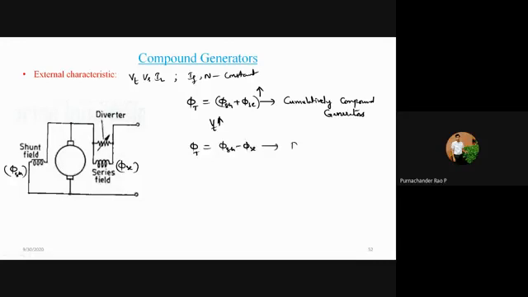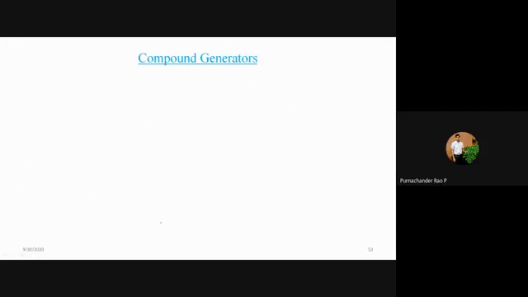This is for differentially compound generators. So for differential compound generators, the net flux gets reduced, so your terminal voltage goes on decreasing. The net terminal voltage decreases. Okay, so